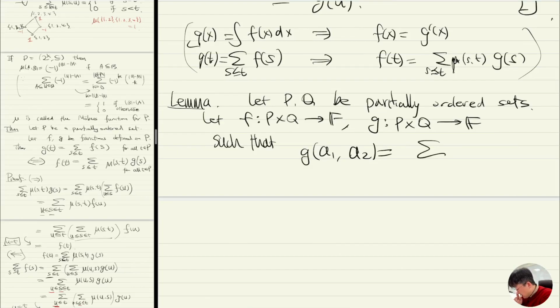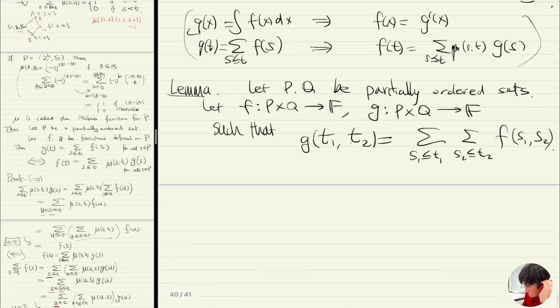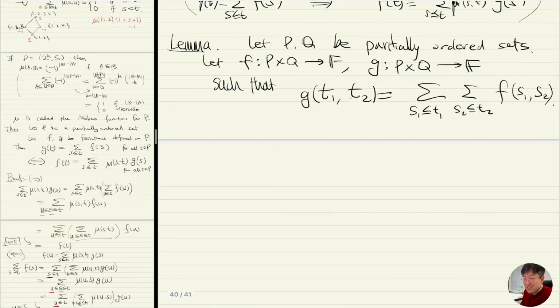So G of T1, T2 is defined as the sum over S1 less than or equal to T1 and S2 less than or equal to T2 of f of S1, S2, adding over all the S1 and S2. All right, so now we have two partial orders and a sum of two things. Now here's the claim. Then